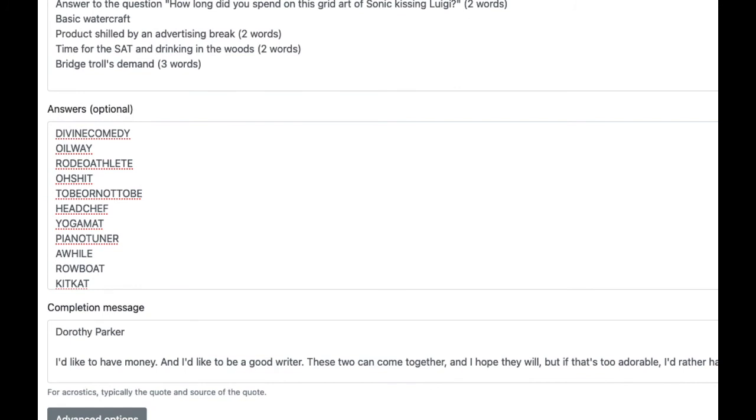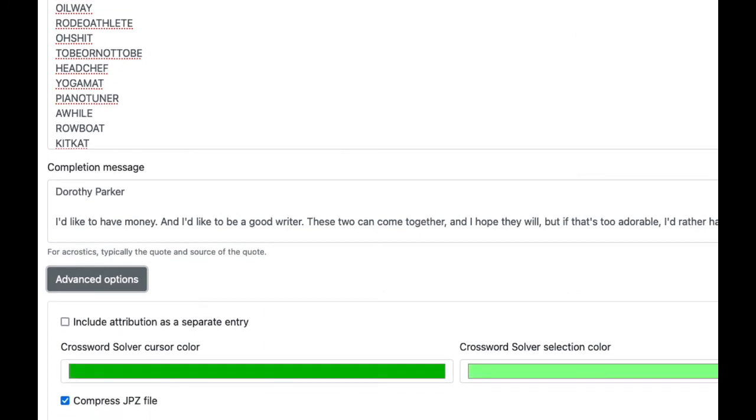Should we include the attribution as a separate entry? So I think we might want to with this puzzle. This one's fairly short. I think we can do that. What this does, and I'll show the resulting file afterwards,